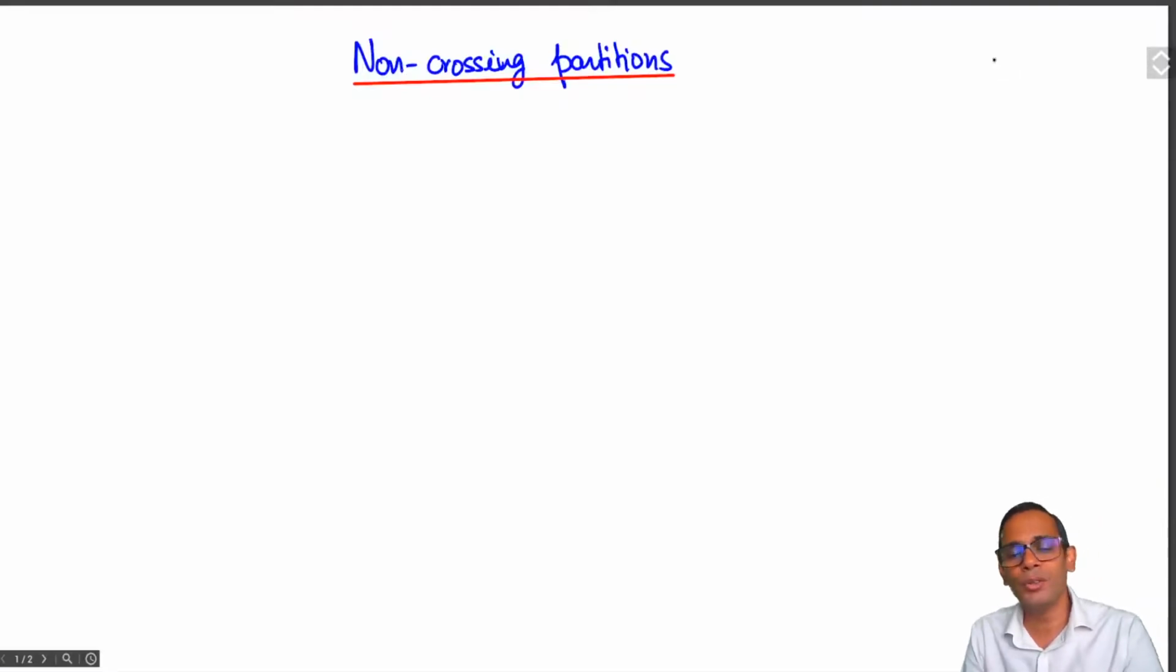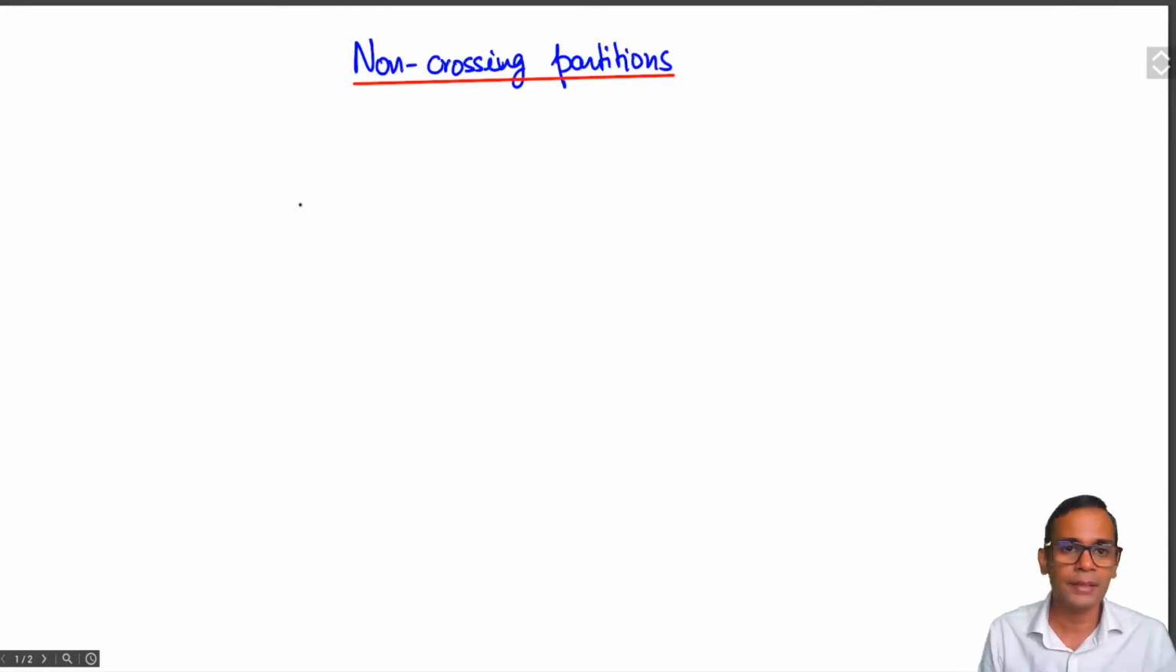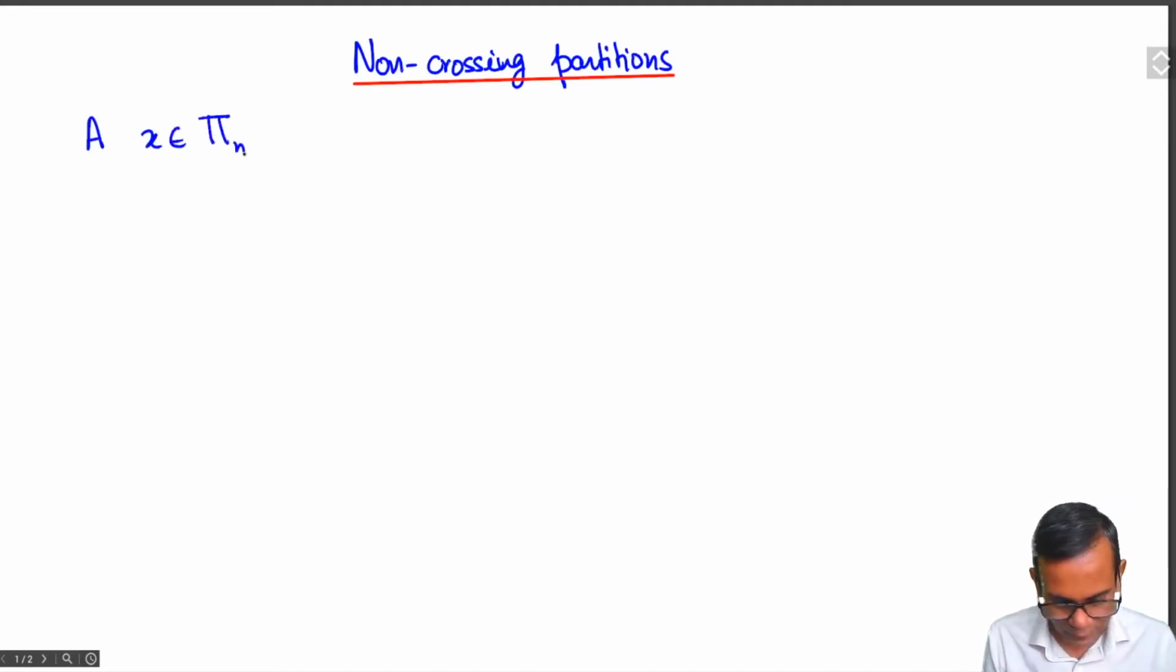In this lecture, I'm going to introduce a new partially ordered set, the lattice of non-crossing partitions. So a set partition X of n is said to be non-crossing